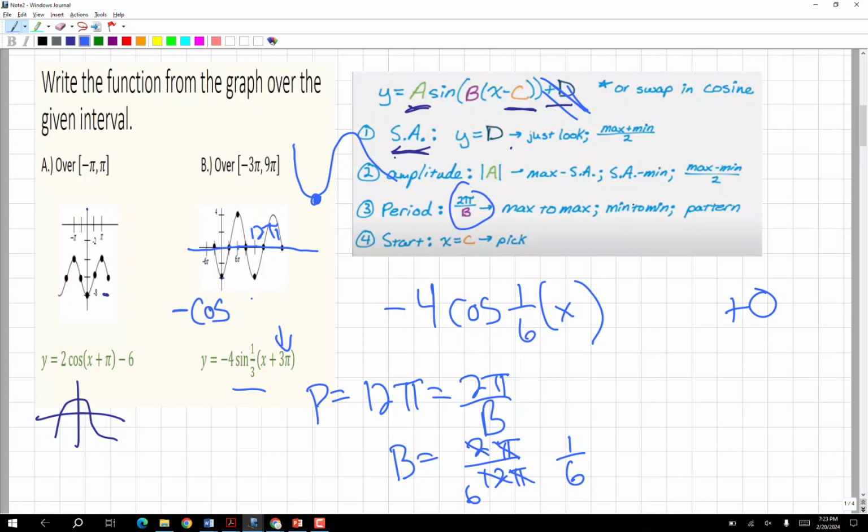Let me see if I messed up on how long my period is. 6 pi. Oh, I see what I did. Let me erase this. My period is wrong. I went from 6 pi over to here. This is 6 pi. So 3 pi, 6 pi, 9 pi, 12 pi. So here's 1, 2 is 6 pi. 1, 2 would be 12 pi. 1, 2 would be 18 pi. So I messed up on my math here. Sorry about that. 18 pi over b. So b is,